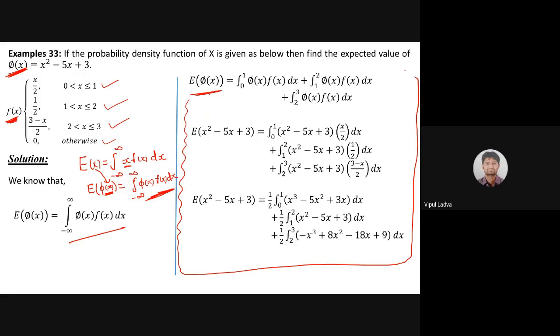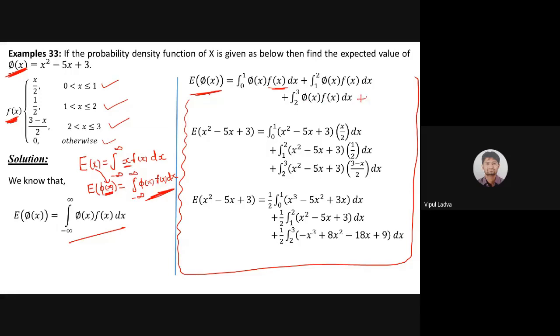हाँ, मानता हूँ थोड़ा इंटीग्रेशन से भरपूर है, but it's quite basic. इतना कोई बड़ी बात नहीं है कि जो ना समझ में आए. Look, I had divided this integration into 4 parts: 0 to 1, then after 1 to 2, then after 2 to 3, उसके बाद आएगा 3 to infinite, और इससे पहले भी आएगा minus infinite to 0. But minus infinite to 0, that part function is having output 0. f of x के लिए 0 होगी वहाँ पे, so नहीं लिखा हुआ है.